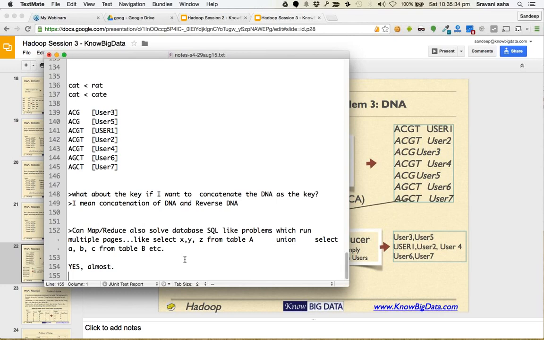As we go forward, when we talk about Hive, this question will get answered slowly. It's a tough question to get answered. So almost is the political way of saying yes, it could be done. Almost every SQL query could be translated into MapReduce. That's why projects like Pig and Hive exist. And similarly, projects like Spark SQL, which has come recently, exist because it is almost possible to solve